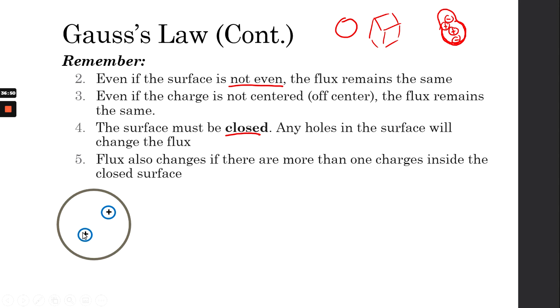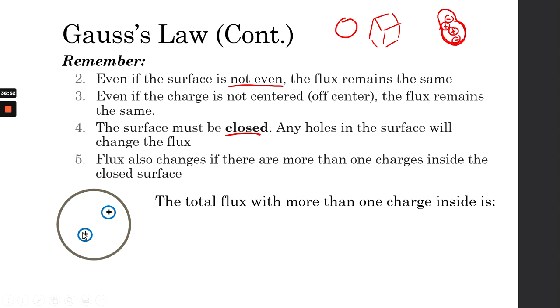But if I have 2, then the flux changes. And so how are we going to measure the flux for a situation where we have more than one charge now? Well, it's simple. You just have to add all the charges inside divided by epsilon naught, or the permittivity of free space, and you can get your new electric flux. So just remember that the total flux